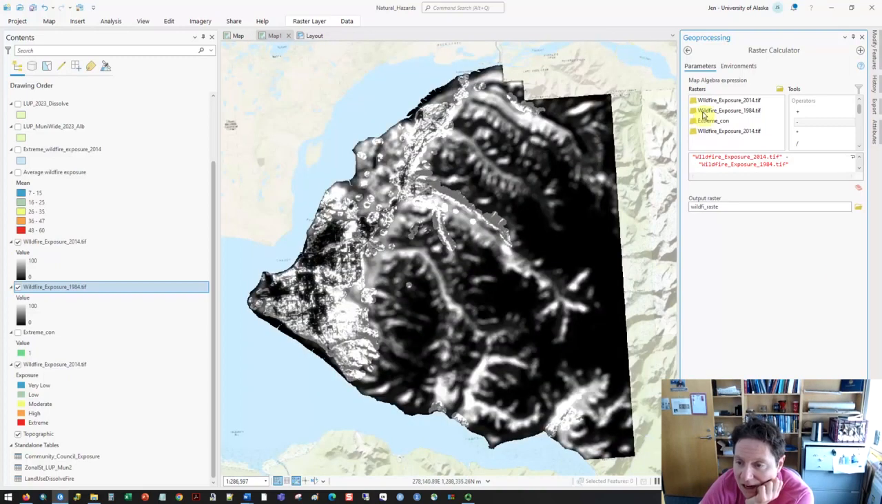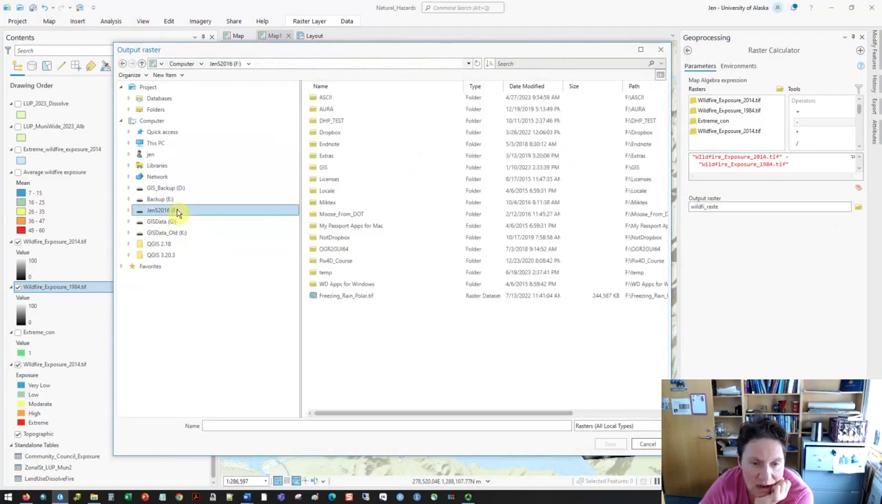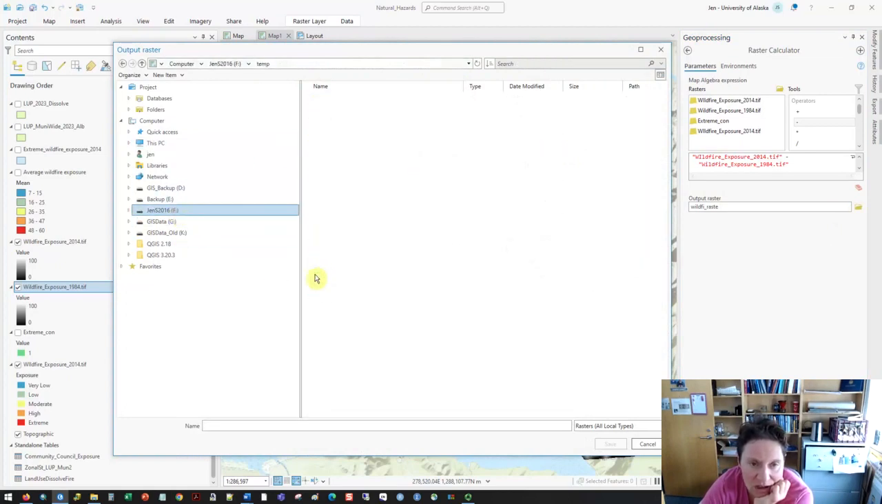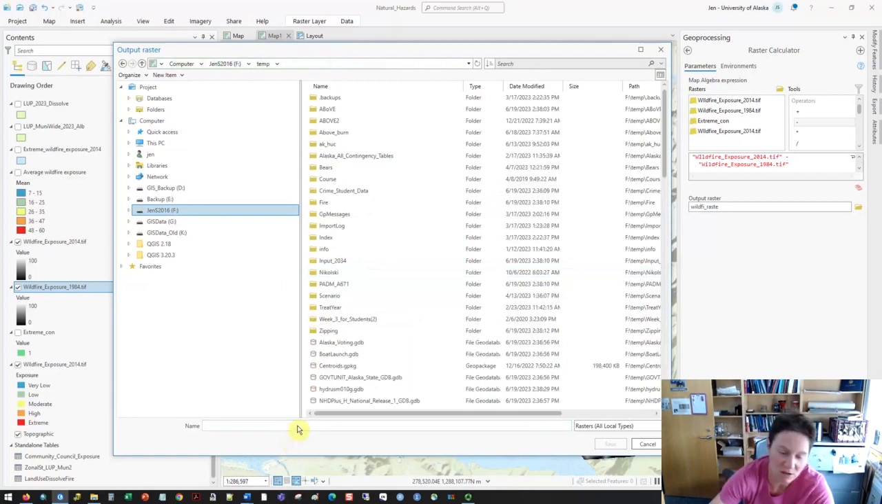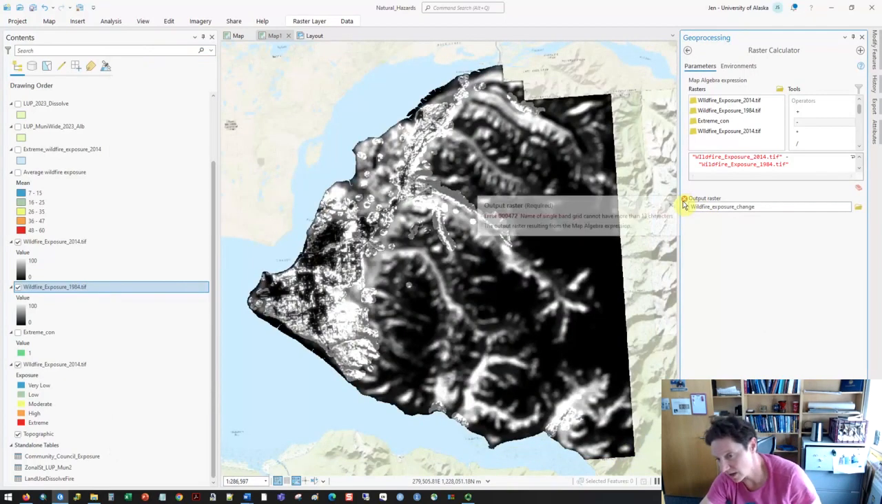So what I'm going to have to do is navigate to a folder that doesn't have a space. So I'm going to go to F, and I'm going to go to my temp location, and then I'm going to call it, let's see, wildfire exposure change. Okay, and then hit save. And it still gives me this red X. You're like, oh,